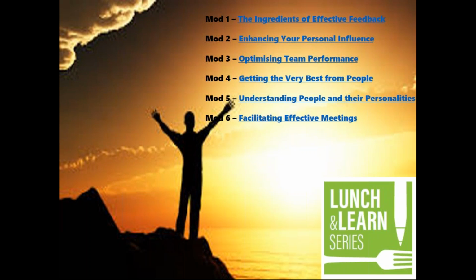In Unit 2, I got you to complete the influencing capabilities profile, and essentially that was about helping you improve your capacity to influence those people around you. The people around you are those people who work with you, your boss, and of course all the stakeholders that you might work with inside and outside the organisation. Then in Unit 3 we looked at optimising team performance, and essentially what I was getting at there was the fact that the only real way that you can optimise team performance is by having good conversations with the people that you work with.